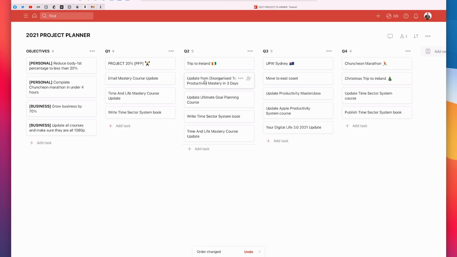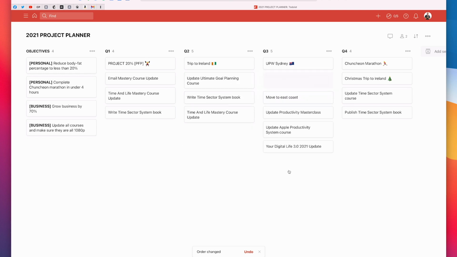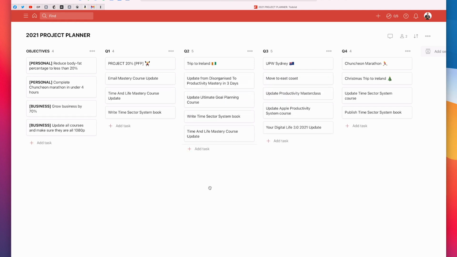And then I may find that, okay, this course is a big one to do, so I'm going to move that over to Q3. Now the problem, of course, you're going to see is, okay, now you're loading up Q3, and Q3 also has a trip to Sydney, Australia, all being well. So that might again be pushing myself a little bit too much, but you can move these around wherever you want to move them. So, throughout the year, the one thing you will notice when you're planning out a year is there are so many unknowns that are going to delay you. So this is one of the beauties of using a board.